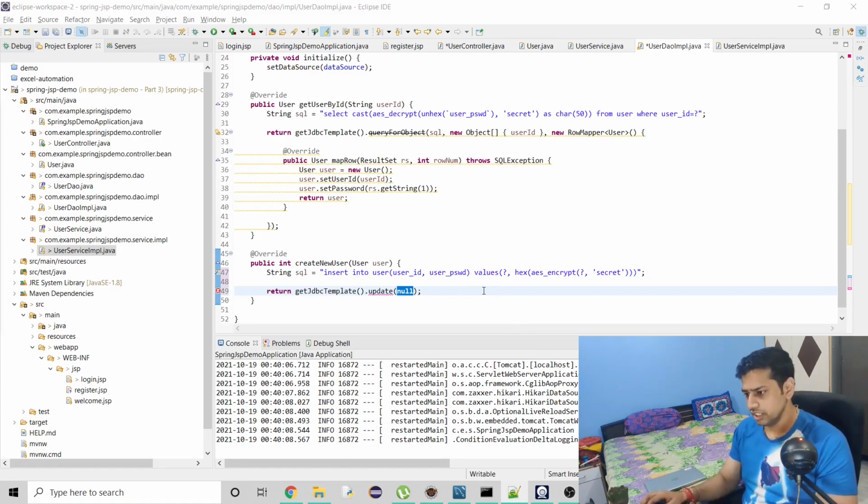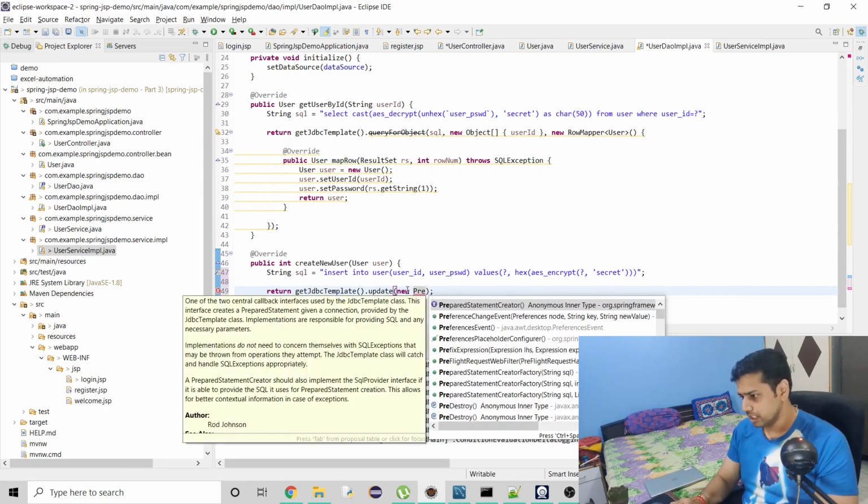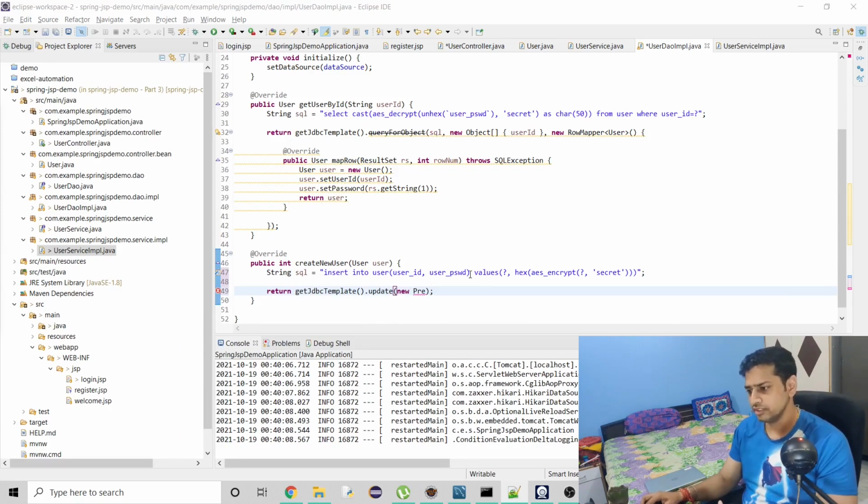So here we have update, and there are a few options that we can use, but the obvious choice is prepared statement. This SQL is not just a statement, this is going to be a prepared statement, and I hope this is clear to you all, because it is being used at so many places, and if you work on a full-fledged application, you will see it everywhere.